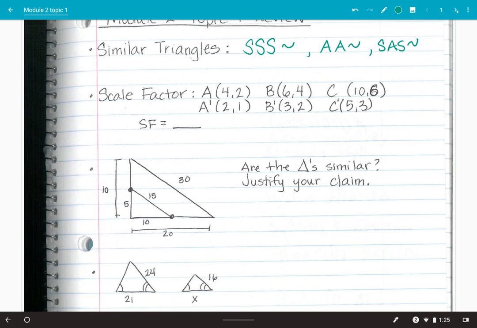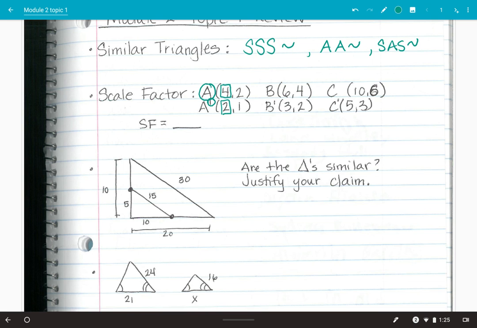So we're going to start with the original shape, which is this letter. And when it has a little apostrophe, that's a prime. It means we redid the size. So we either made it bigger or smaller. So what we're looking at is how did I go from this 4 to the bottom 2? So did I multiply? Did I divide? What is it? So if it's multiplying,